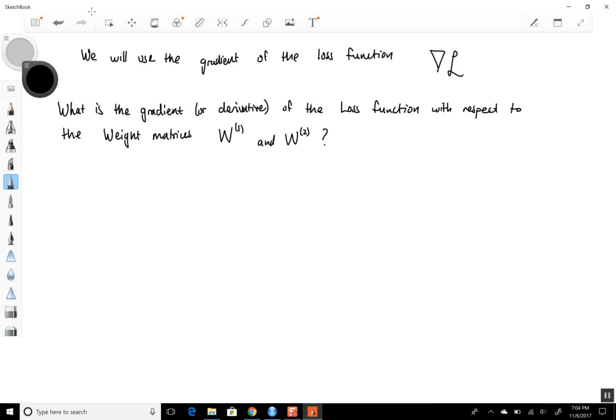Okay, and so we've got to find the gradient with respect to each of these things. So we'll get the partial of our loss function with respect to our W1 matrix. We want to get this. We'll also need to get the partial with respect to our second weight matrix. This is what we want, because effectively to improve our weights, we will take our current weights, take our current estimates,